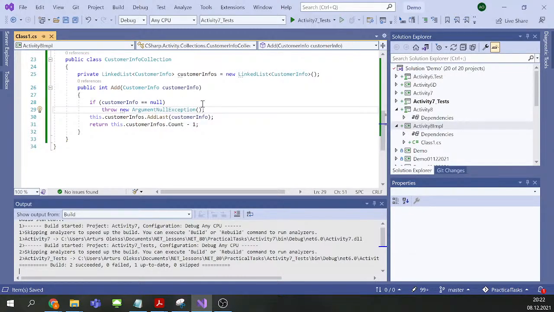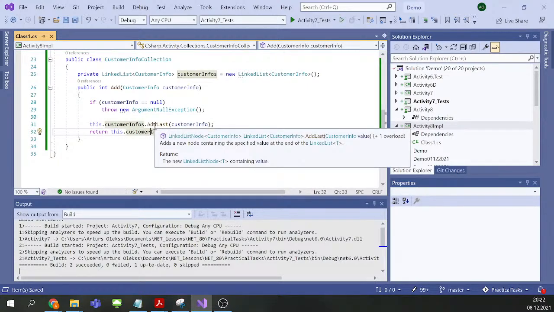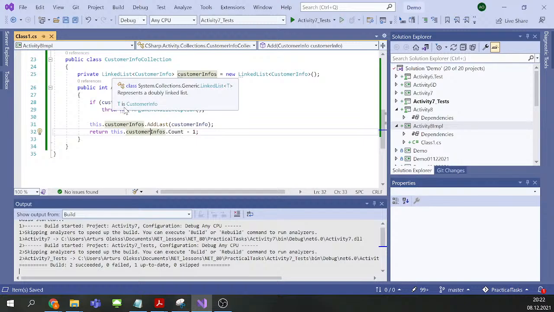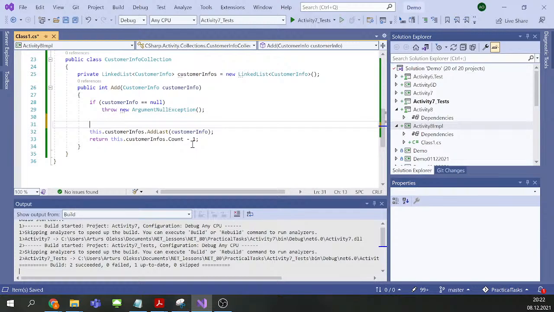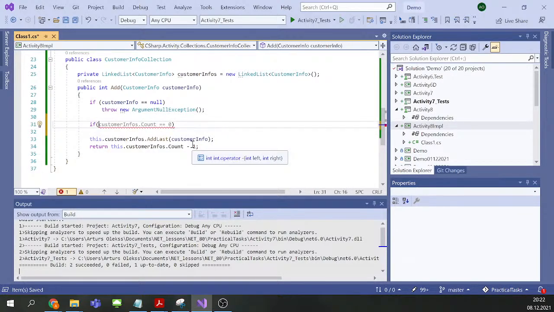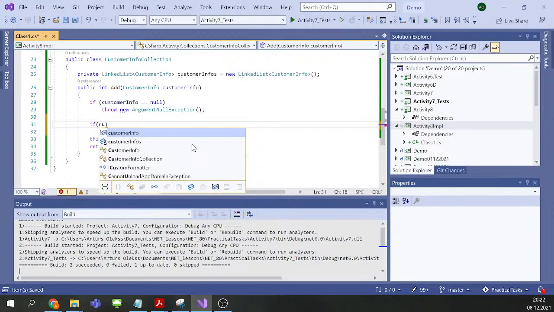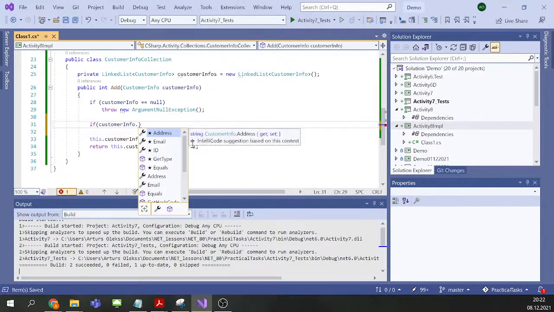Okay, this is done. So if the input argument is not null, otherwise we add to the collection. And yeah, if the object is already in the collection, then we need to return -1. So okay, in this case we can check if the object is already in the collection. So then it means that we need to check it. So if customerInfos,